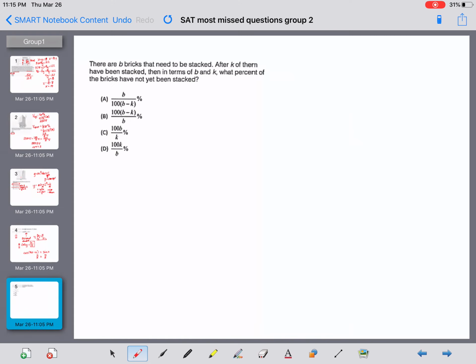All right, let's look at our 5th problem and final one I'm going to look at today with you. So this says there are B bricks that need to be stacked, and after K of them have been stacked, then in terms of B and K, what percent of the bricks have not yet been stacked? Again, throwing all variables at you, they're trying to scare you and make it so you just give up and choose something. So just to keep this in perspective, I would start with K out of my B have been stacked. And if I want to turn that into a percentage, I would multiply by 100. So if I want the unstacked,